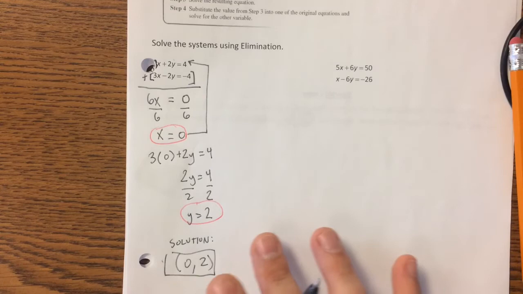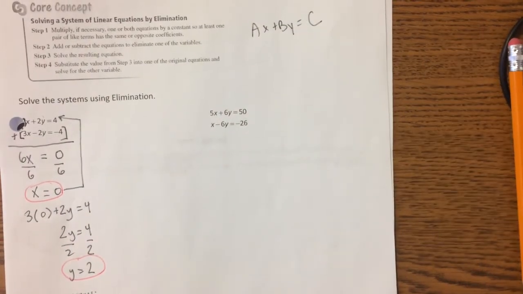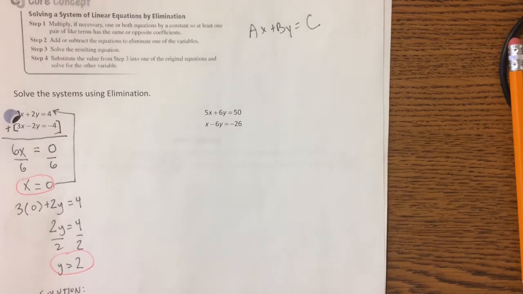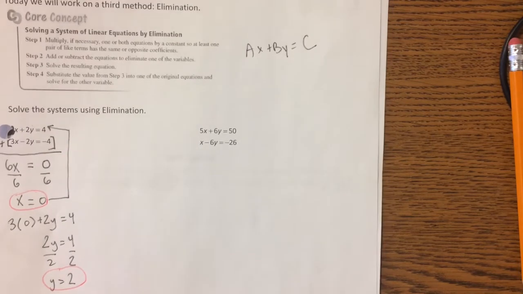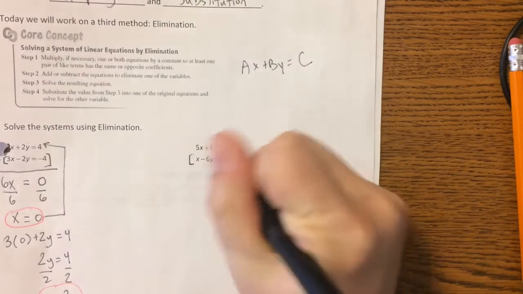So let's take a look at the second one. Now, if I add these two together, let's just take a look at these real quick, just sort of scan it. Which variable does it look like is going to be eliminated? The x or the y? Yeah, the y. If I add these two equations together,